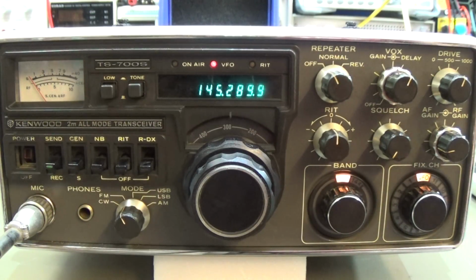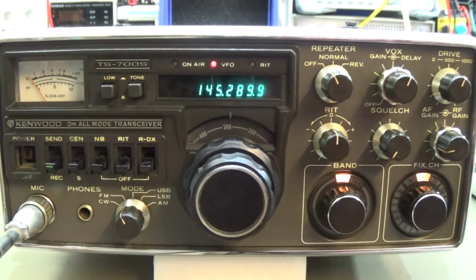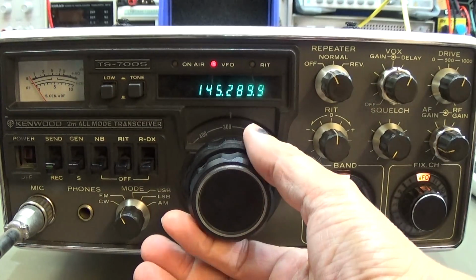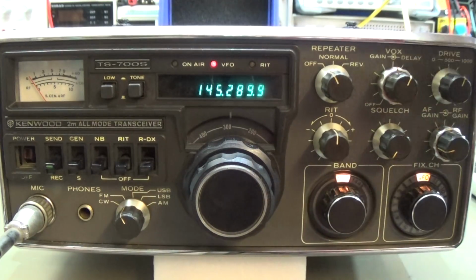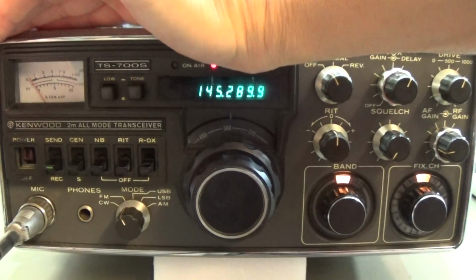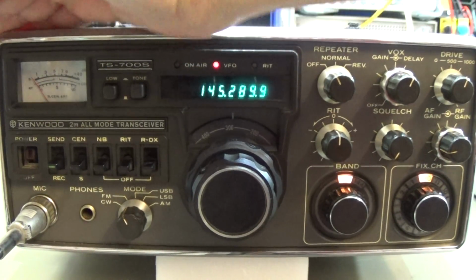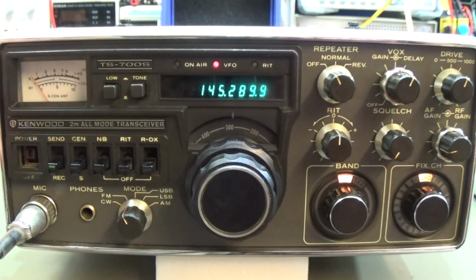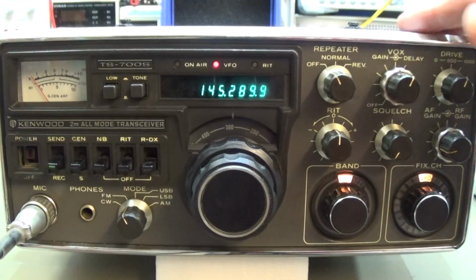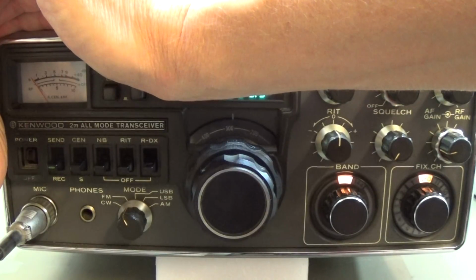So this receiver came in with an S-meter problem. If we listen here into the background, we can hear that the transceiver is receiving without any problem, and the sensitivity is just fine. But you see there is no S-meter deflection, but it should be an S9 for the signal I'm putting into the radio. And secondly, you see there is no S-meter